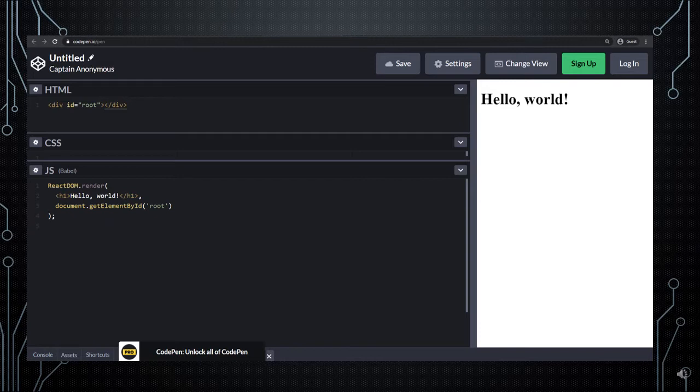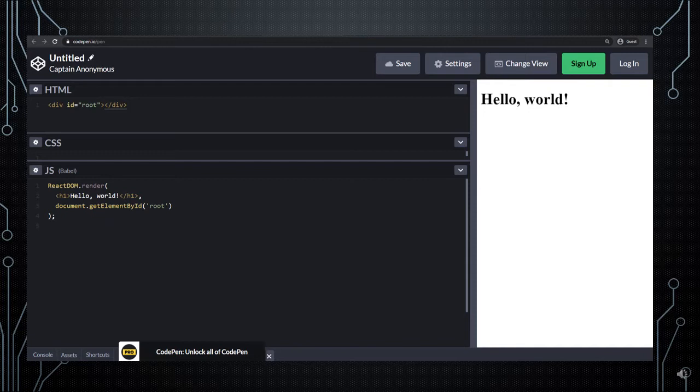Just have a look at that. There are three files: an HTML file, a CSS file and a JS file. In the JS file, have you noticed that I use the compiler Babel? The question arises why we use Babel. If you write JSX code, then you must use Babel. If you don't write JSX, then there is no need to use Babel. What does Babel do? Babel converts this JSX code into simple JavaScript code that a browser can understand.